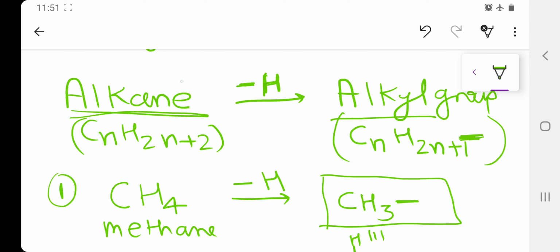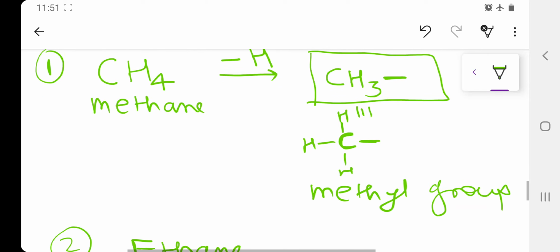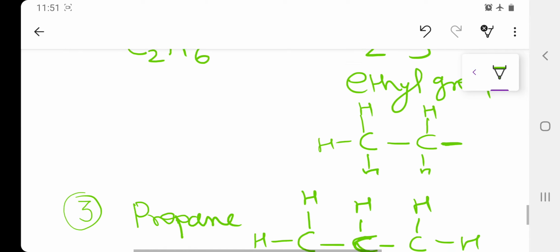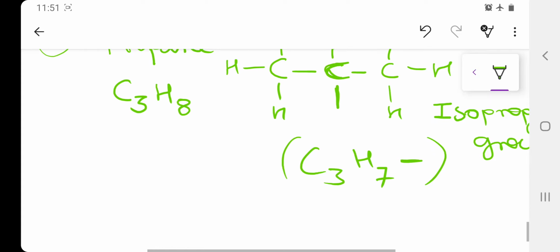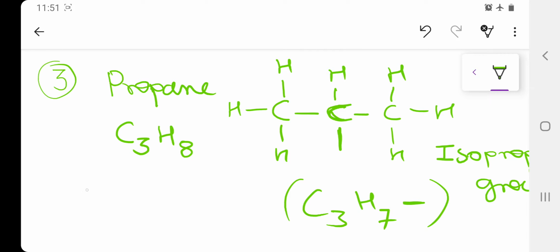Alkane, the ANE of this alkane is replaced by what? YL, that is alkyl. Alkane becomes alkyl, so methane becomes what? Methyl. Ethane becomes ethyl. Propane becomes now this isopropyl. And then if I remove, suppose the propane structure is like this,